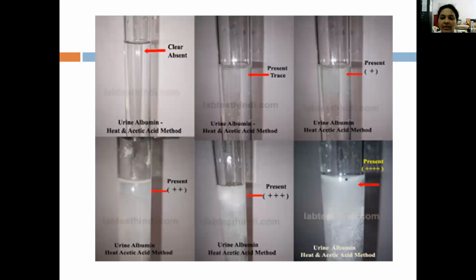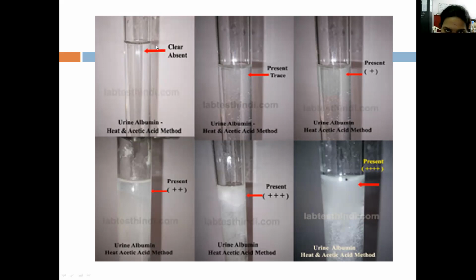So you have to take the urine up to 3/4 of the test tube and then heat the upper part of the test tube alone, because the lower part acts as the control. Once you see a white precipitate, you have to add acetic acid. Generally, you add acetic acid to differentiate between protein and phosphate, because both proteins and phosphate will produce this cloudiness. So you have to differentiate with 1% acetic acid to confirm it is proteinuria.